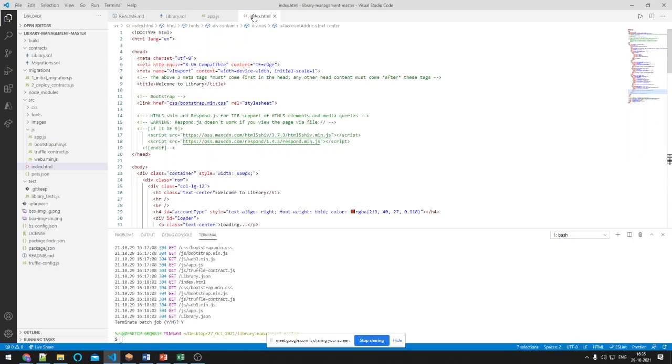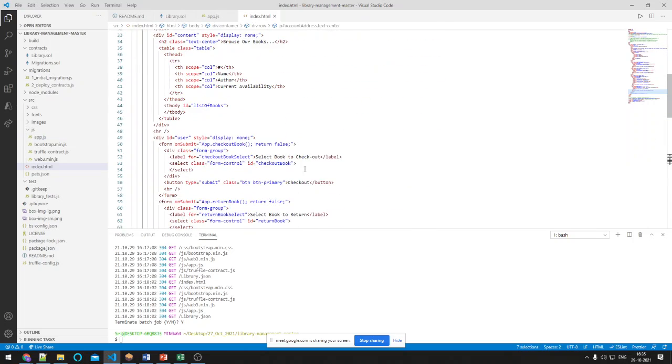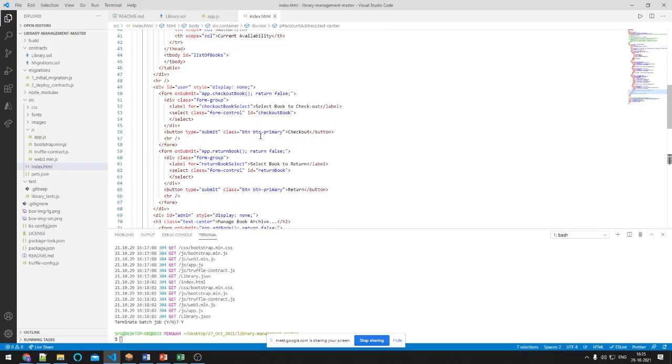The main thing we can highlight in the HTML is that once this table is filled, there are different form elements that we show here. The actions can be segregated between admin and generic user. The generic user will have two different actions. One is they can check out a book, like what Alok said, where that specific function will be called. They can also return a book. These two actions are specific to the generic user.